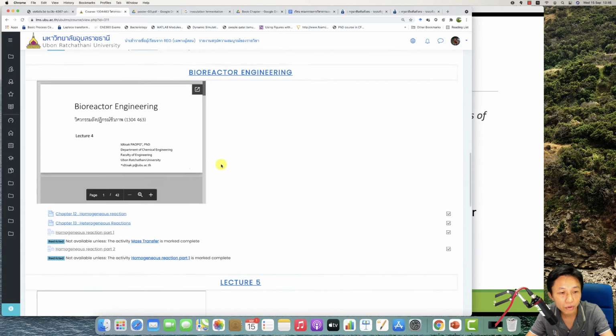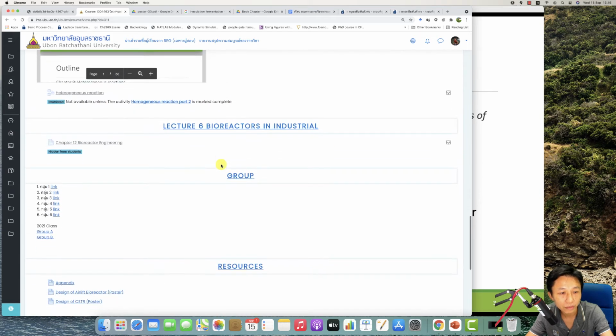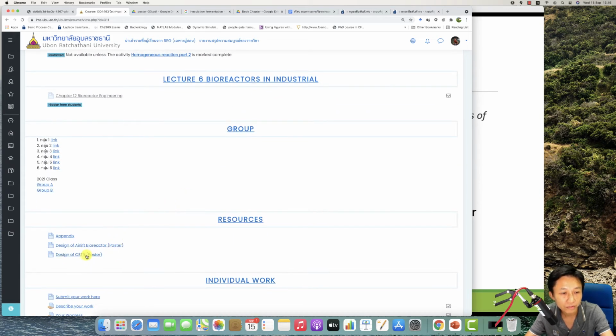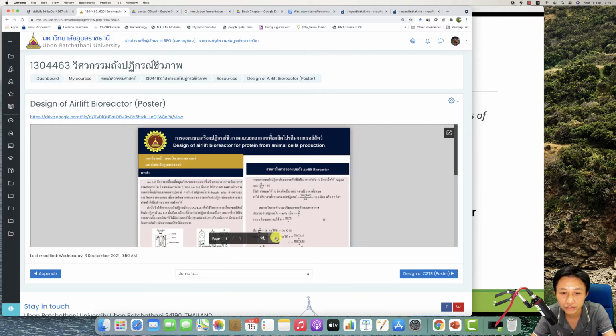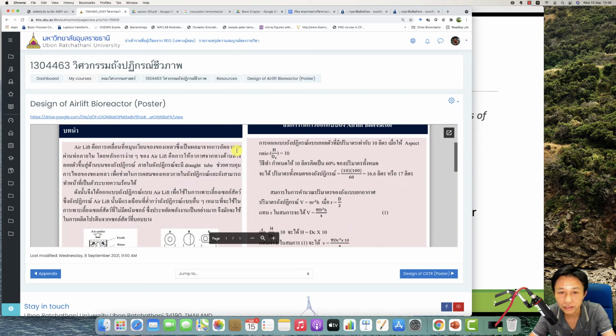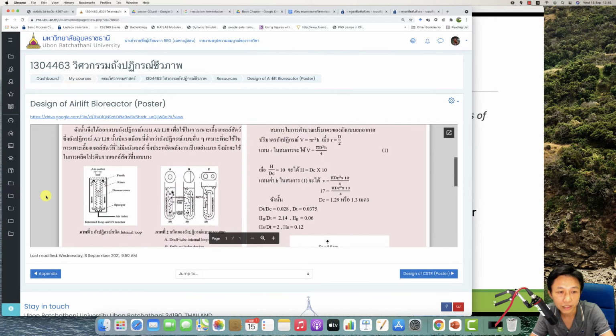And for the bubble column, we have this one is airlift. So we have this dimension ratio, also aspect ratio, for example, and we can calculate